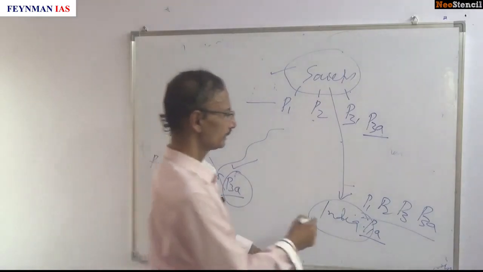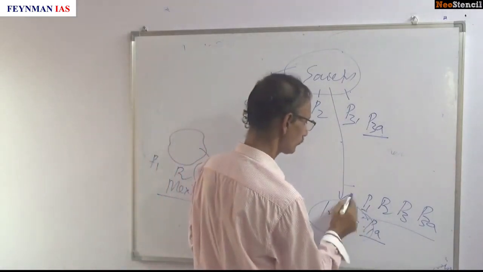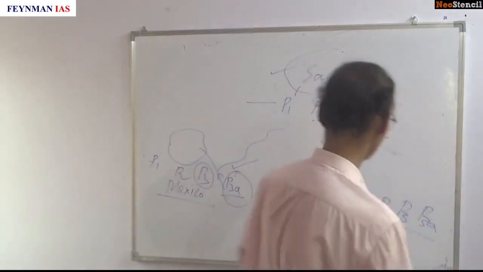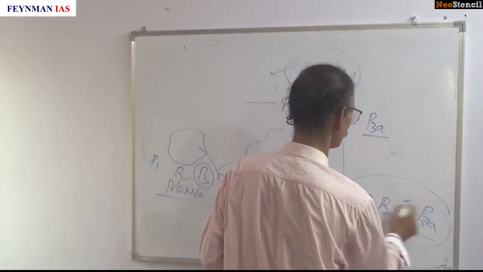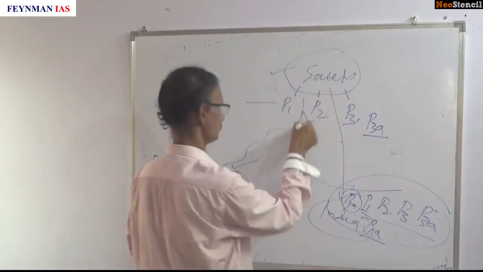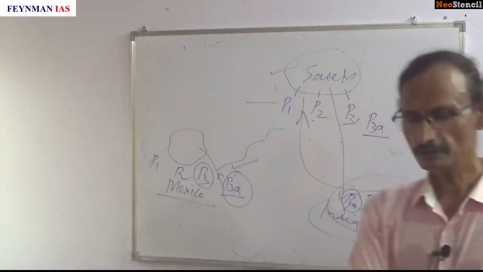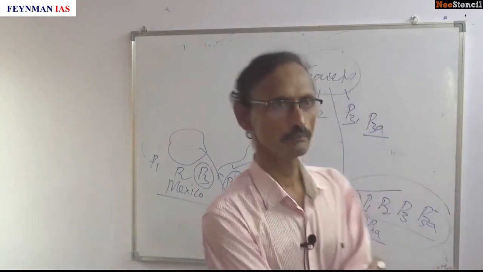So it means India contributes P1A. And then 1, 2, 3, 4, 5 go to the sociology discipline. So what is sociology? It is about